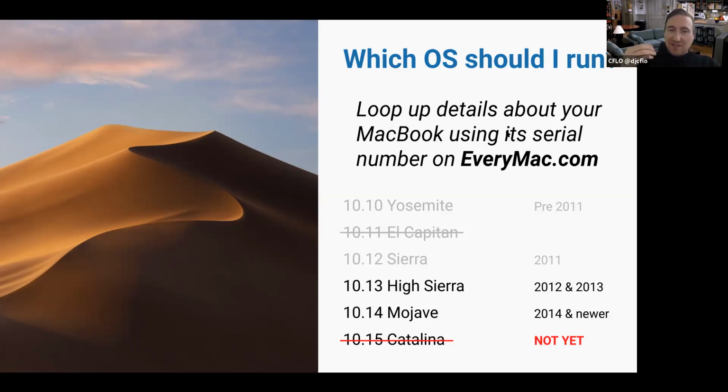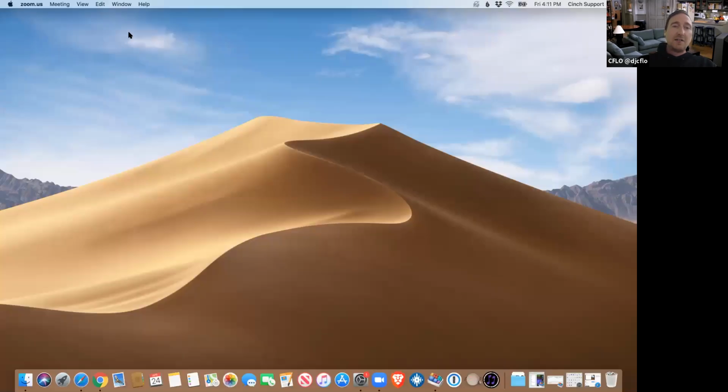Now, it's not specific to how you have it configured, but it shows you the model and when it came out. It shows you what year it technically is called, the OS that shipped with it, the OS that it can support maximum, the max RAM that it can support, whether the hard drive can be upgraded or not. So I encourage everyone to go and put their serial number in and get that information so you know what you're looking for. I can show you real quickly how to get to it.